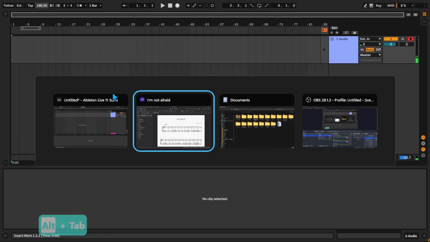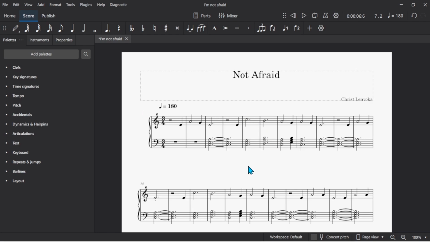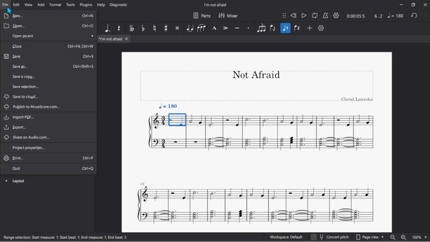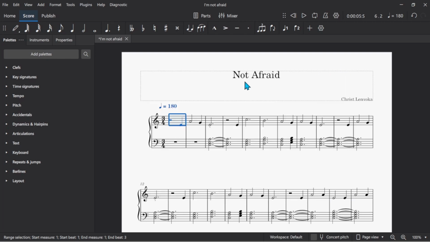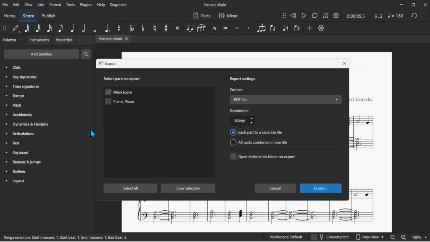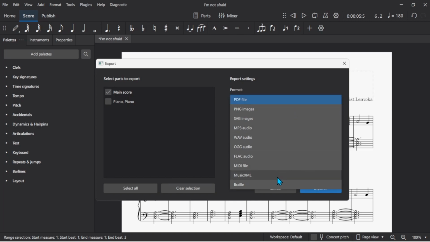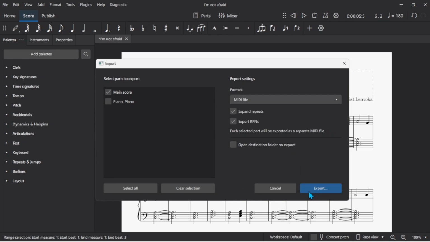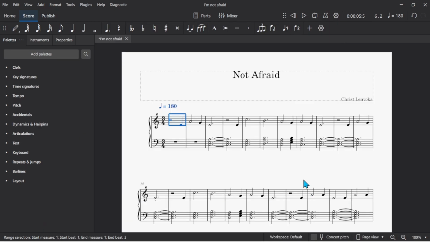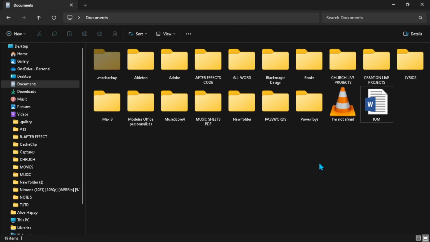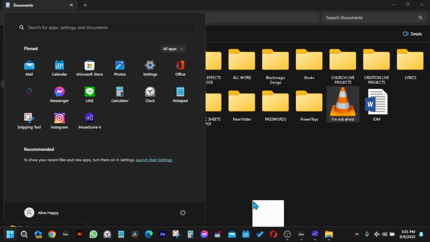Here we are. So we go back inside MuseScore, and what we need to do is import our piece in this format. To do that, we go to File, Export, and then we choose a MIDI file and export and save. We save inside the laptop, so we take what we saved,